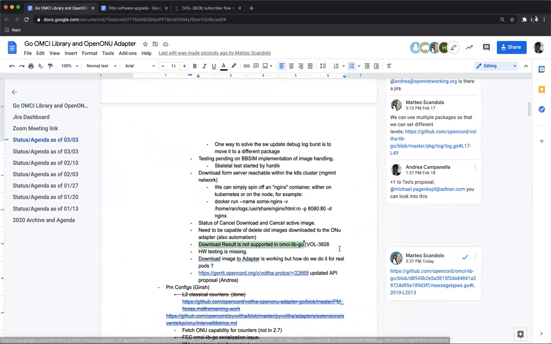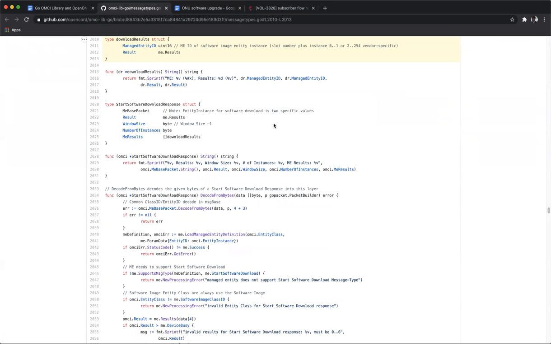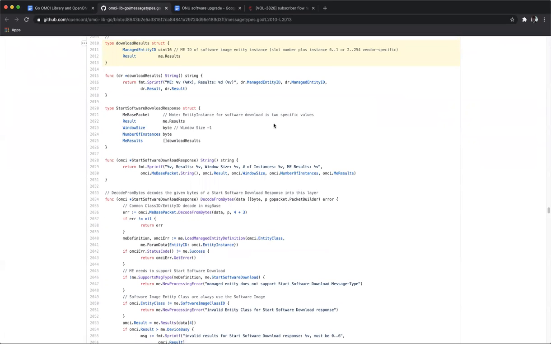Theo and Michael brought to our attention that there is a missing OMCI lib go. It's not missing. If you click on the link, you'll get directly to the point in the code. It's basically that struct. It's a private struct, so it cannot be imported outside of the OMCI package, while we need to import it to populate the result.